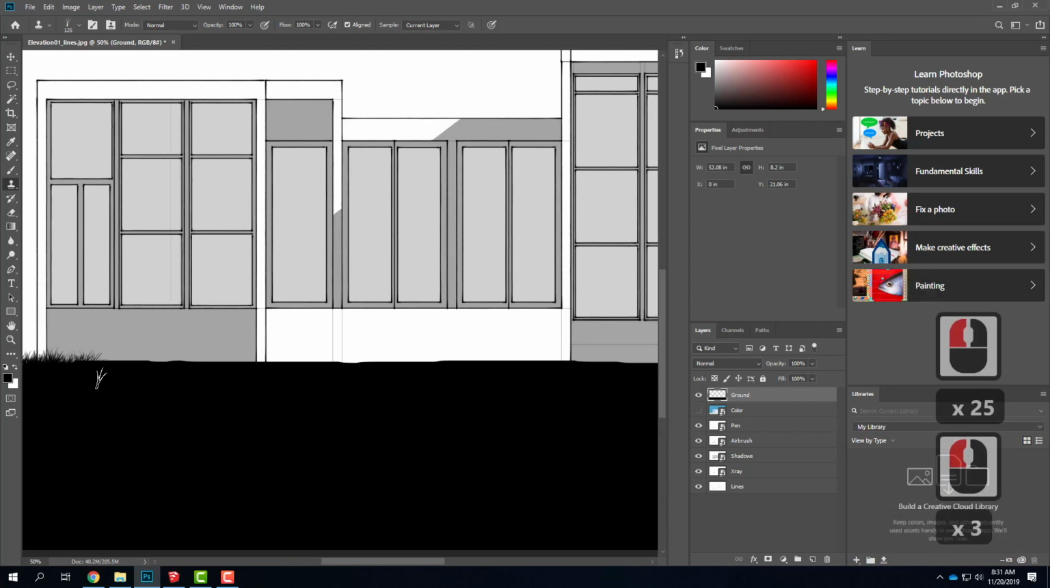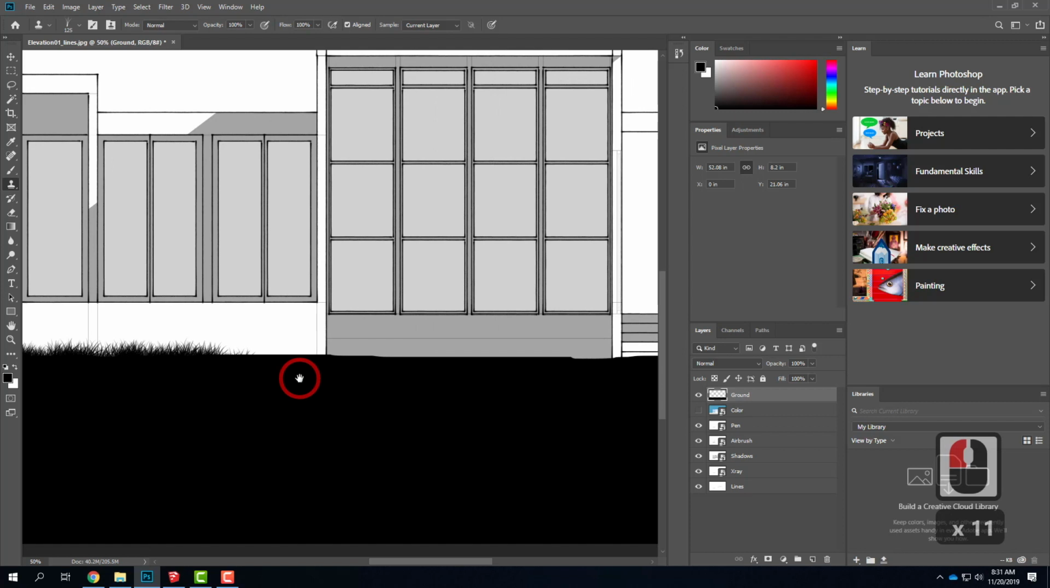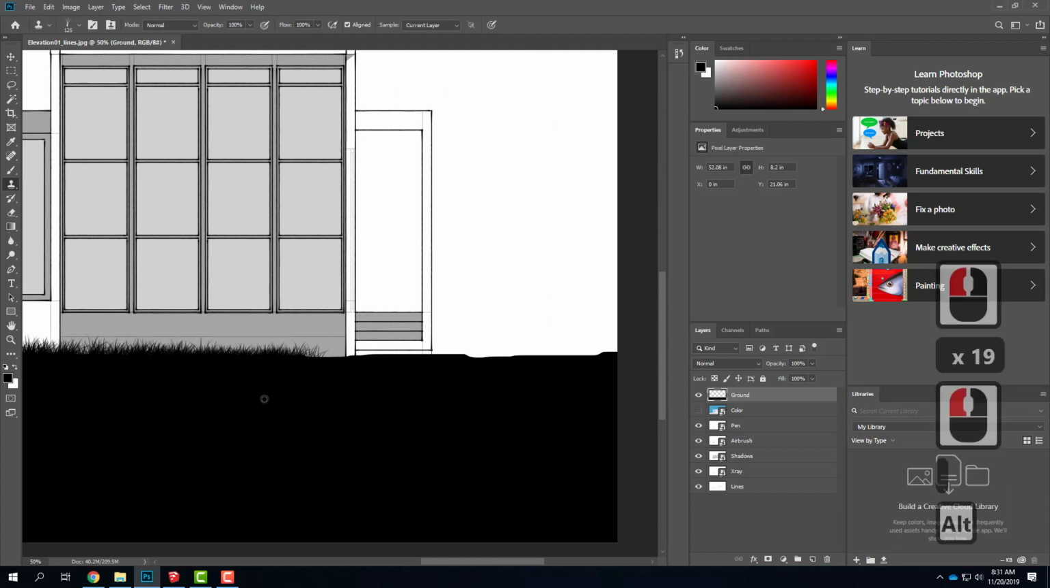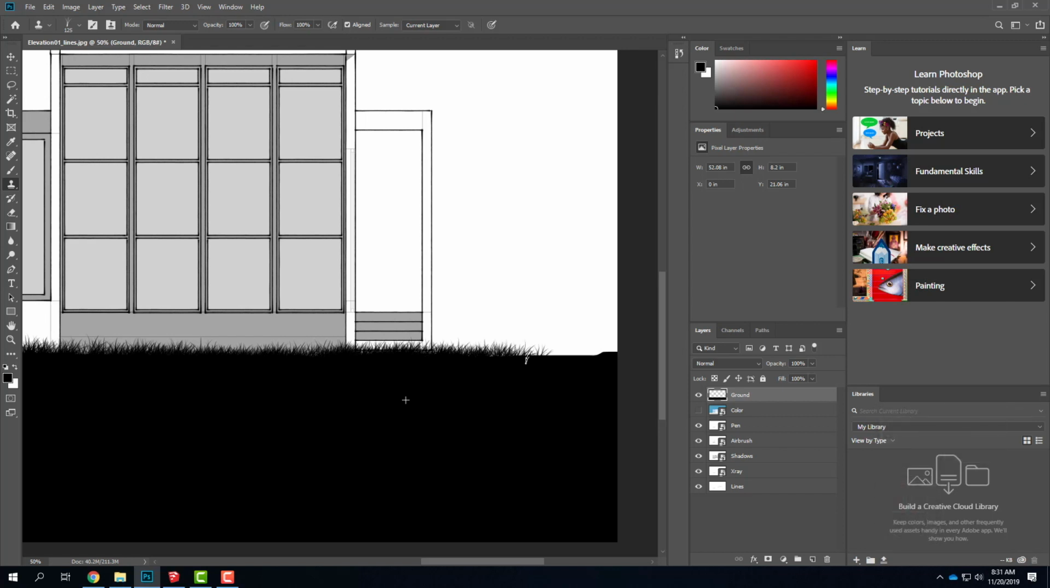I'll use spacebar to pan over, and then I'll keep copying. And building up that grass. I'm not varying the size of the brush at all because this is all on one plane. So it's all the same distance from the camera. So I'll finish that up